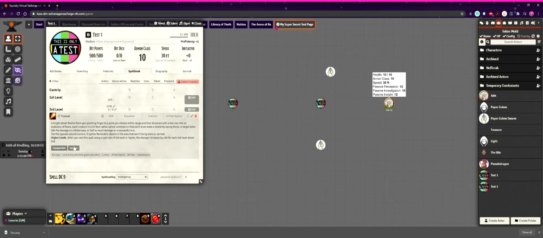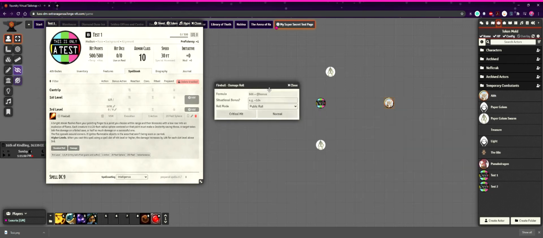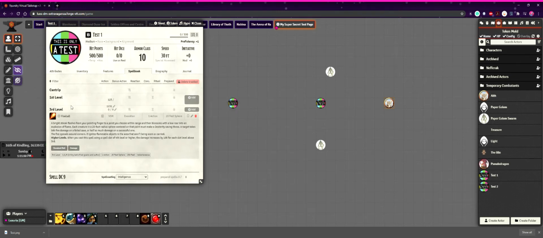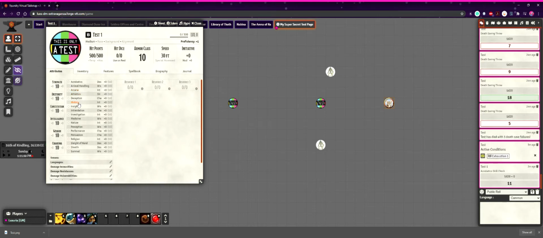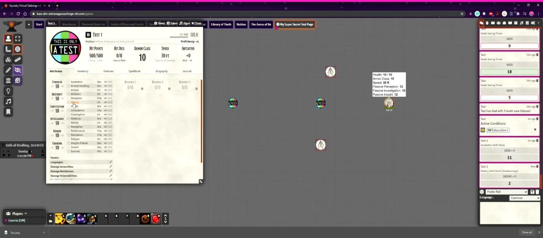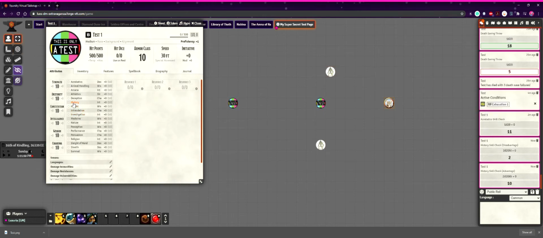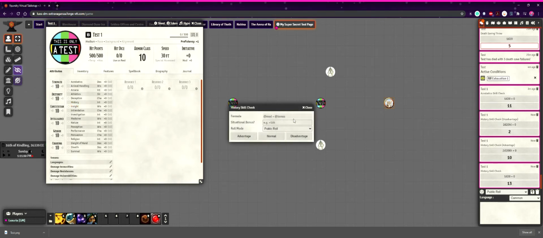Well, it does give you this pop-up, but it doesn't give you this pop-up, rather, for normal attacks. So it doesn't say, do you want to roll with advantage or whatever. I should note before I say this, while you don't have to use the Shift, Control, and Alt, which, if you don't know, is a quick way of rolling with advantage. So if we were over here, I would Control-click to roll disadvantage, Alt-click to roll with advantage, and then Shift-click to just roll without having this pop-up here. But